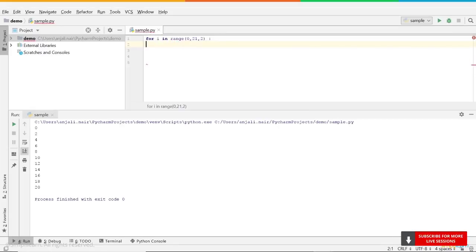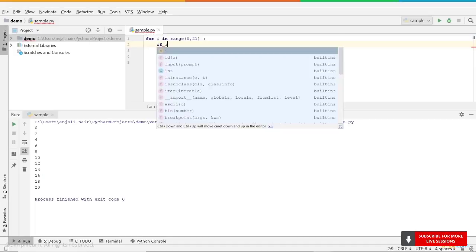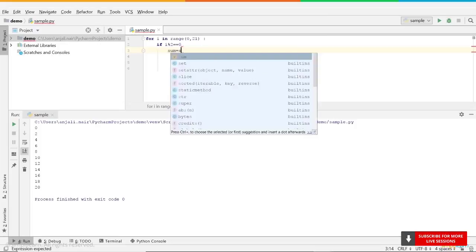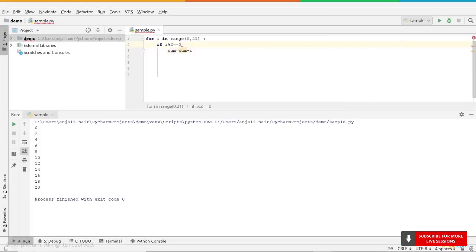20 printed. Now say we want to find the sum of all these even numbers. But this time, because we want to use a slightly different approach, we'll use the if statement to know if the value in i is even or not. So the first line would be about the same except you delete the 2 from the range. And then you have the if statement. So if i mod 2 is equal to 0, you will have a variable say sum, which is equal to sum plus i. So what we're doing here is i will hold a value between 0 to 21, and then